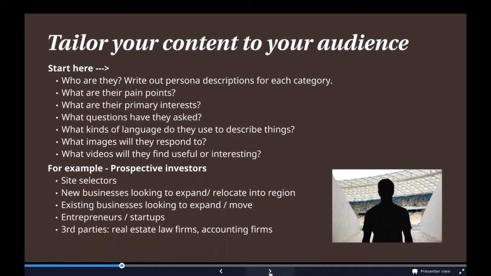It maybe includes entrepreneurs and startups who are looking to get started but are interested in looking at your region. And also the third parties, the real estate law firms, the accounting firms who work with investors, who help them and facilitate development and moving into a new area. So each one of those folks will have different interests, and we want to come up with content that meets